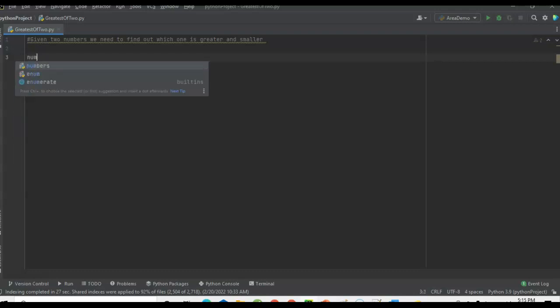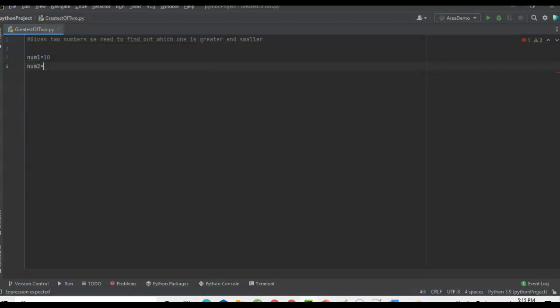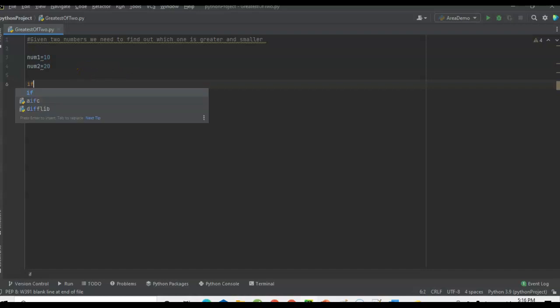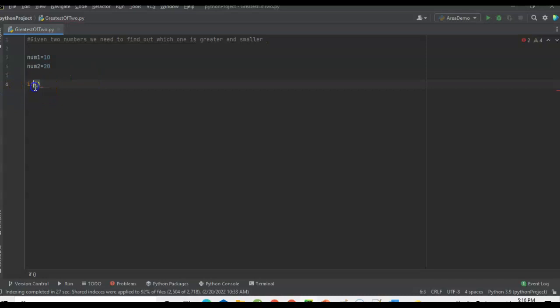So for example, take num1 equal to 10 and num2 equal to 20. Now if you see here, I've taken two numbers, num1 10 and num2 20. Here num2 20 is greater and num1 10 is smaller. So how do we write a condition? How do we start an if statement? With a small i and f. So this if is a reserved keyword and you need to use it like this only, and here we need to give a condition saying if num1 greater than num2,